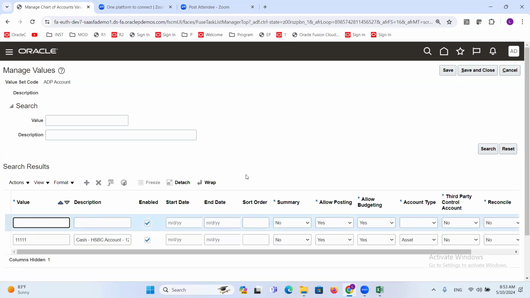I'm going to create one more account, say admin expense, account type, since it is expense, select as expense. And